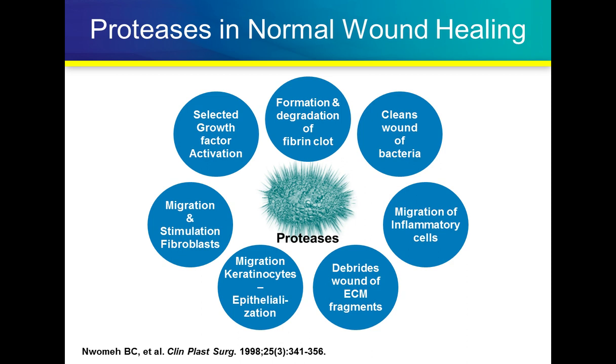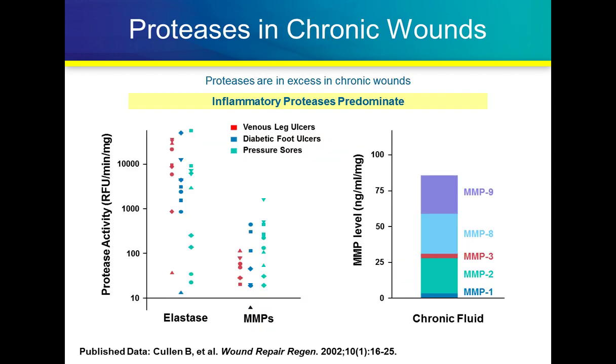So we need MMPs. The problem is that in our chronic wounds, as we've known for some time, there's this marked elevation in MMPs. So what you see here is human neutrophil elastase and MMPs, and on your left, you see that they're markedly elevated in all these different types of wounds, and this is about 30 times too much